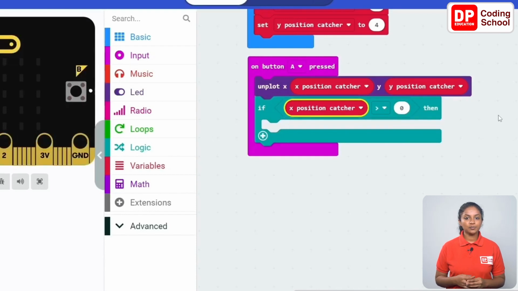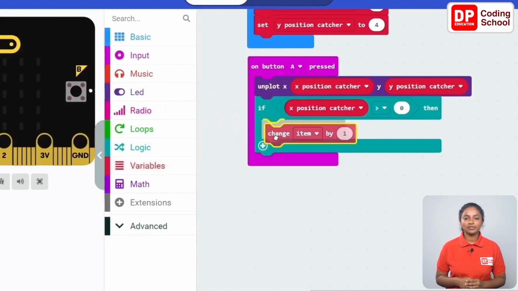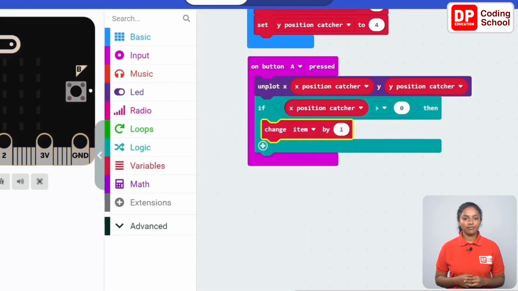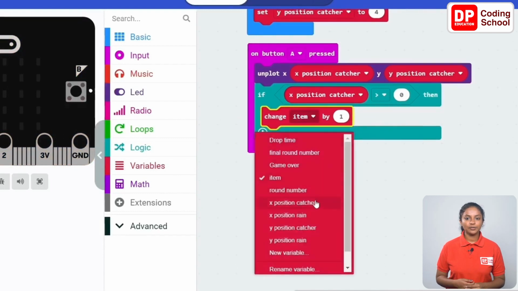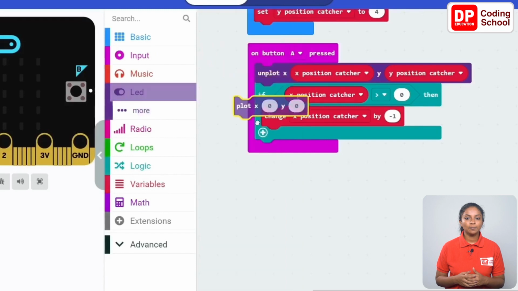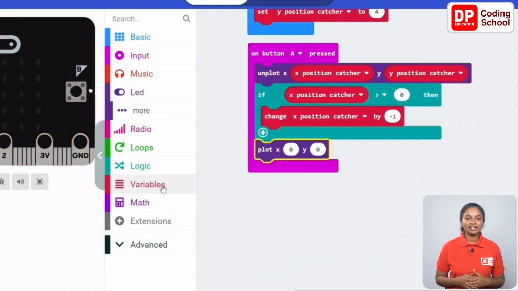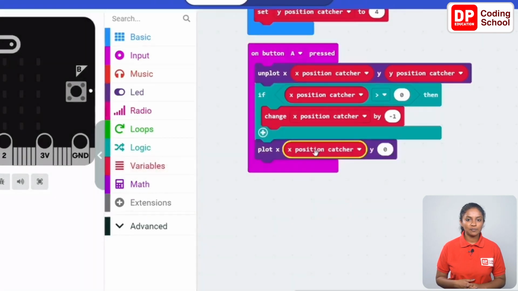Since the catcher needs to move to the left, the X position needs to decrease by 1. For that, let's drag a change item by 1 code block under variables into the if code block. Click on the arrow in front of the item and select the X position catcher. Let's change the value to -1. Now the LED needs to light up again. For this, out of the if code block, drag a plot XY code block in the LEDs. For X, drag the X position catcher code block under variables,